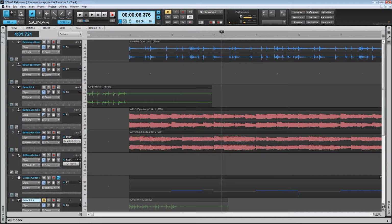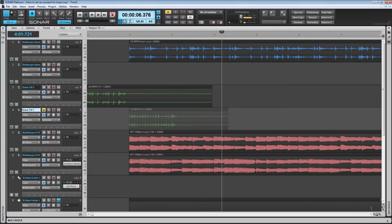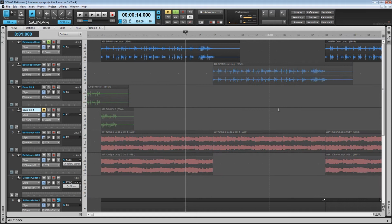So that's obviously a very easy way to just simply add a drum fill to the beginning of a part. Now, you might ask, all right, well, what if I want to add a drum fill to the end of a drum loop? So let me show you guys that. Now, in that case, I think this second drum fill would be a lot better because it's more similar to what is currently happening. So if I just solo the current drum fill at the end of this drum loop,